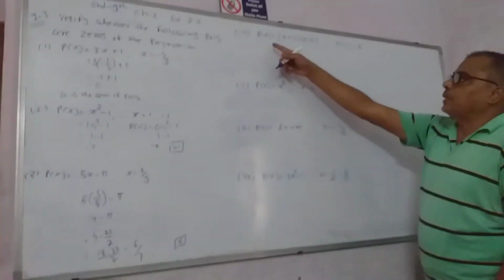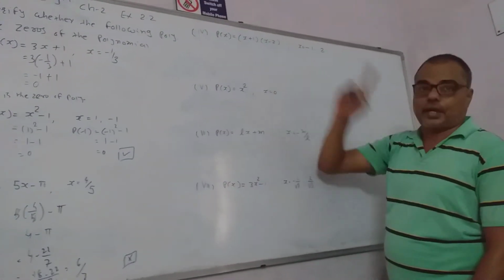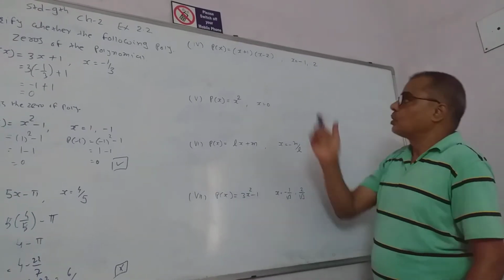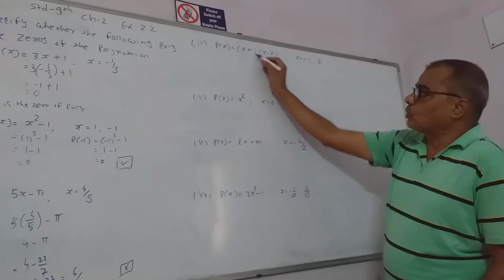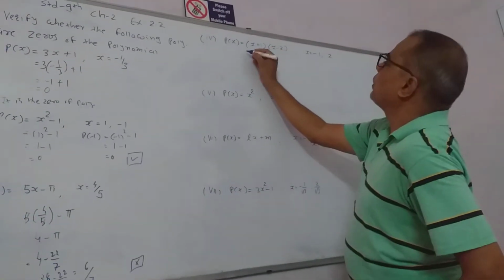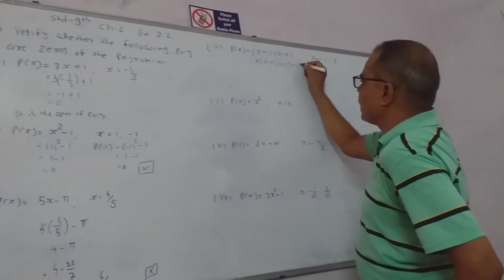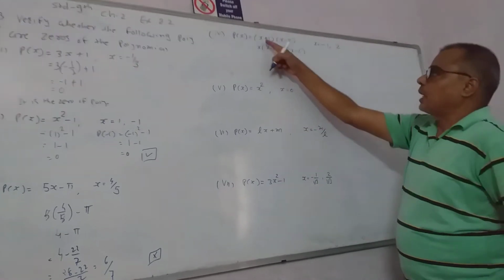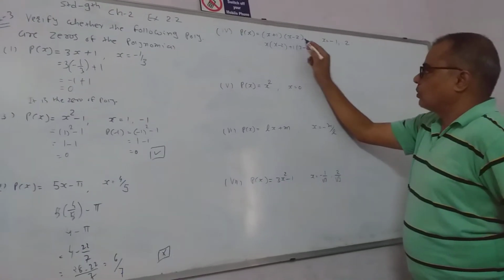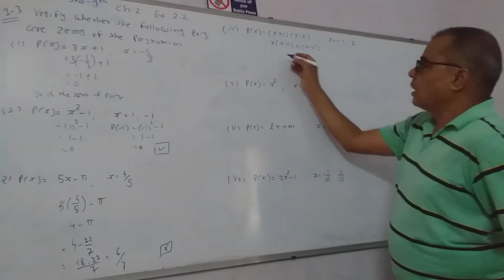Next, p of x is equal to x plus 1, x minus 2. You cannot put directly in this bracket. Right? We have also studied in the previous exercise. You have to expand both the brackets. This is not a plus b, a minus b. You have to open the bracket: x with bracket x minus 2 plus 1 with bracket x minus 2. Right? x plus 1, so x you have to multiply with the bracket and plus 1 you have to multiply with the bracket. Right? We have also seen this in the previous chapter.